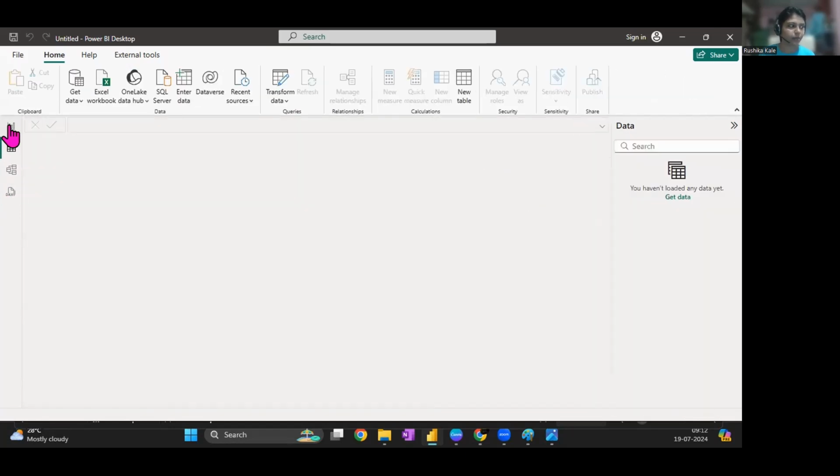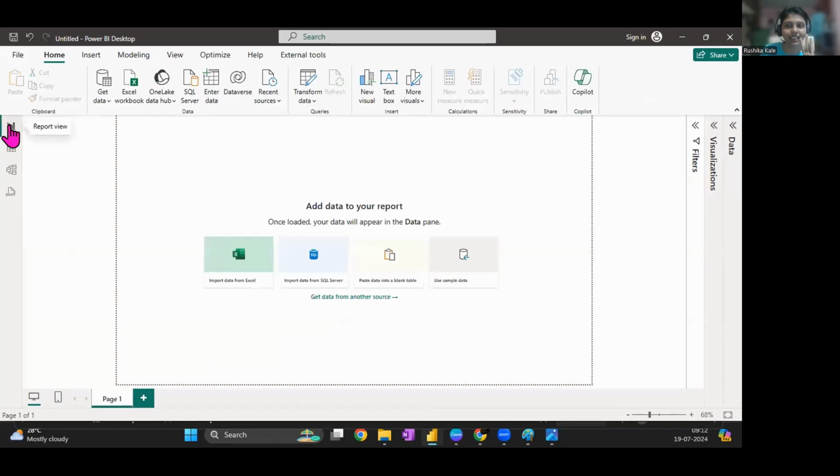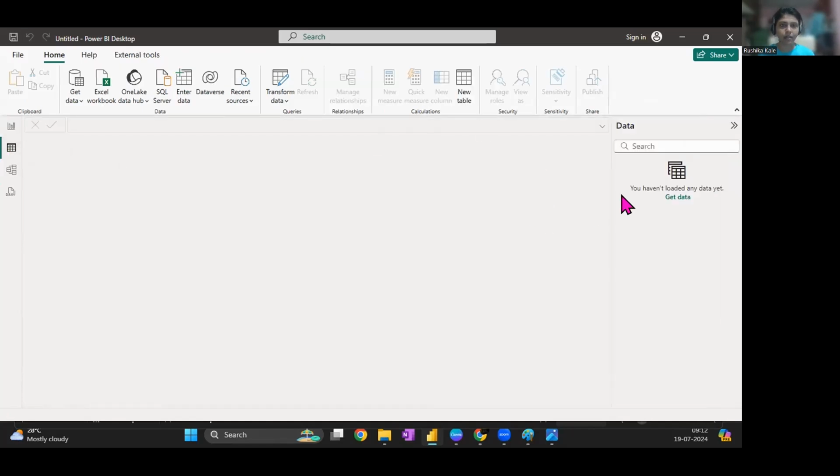But model view, table view, and the report view, they are the basic 3 views in Power BI, which have their own independent tasks, and we will only be able to do those things in those views only. Sometimes you are on table view and you ask why my visualization pane is not there, why can't I create any visualization? The reason is you are on the wrong view.